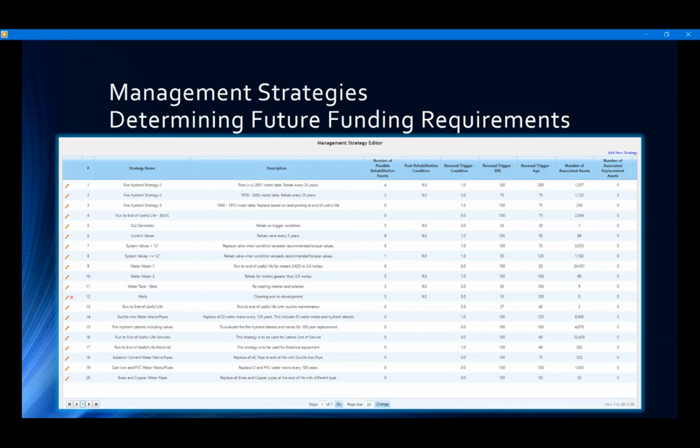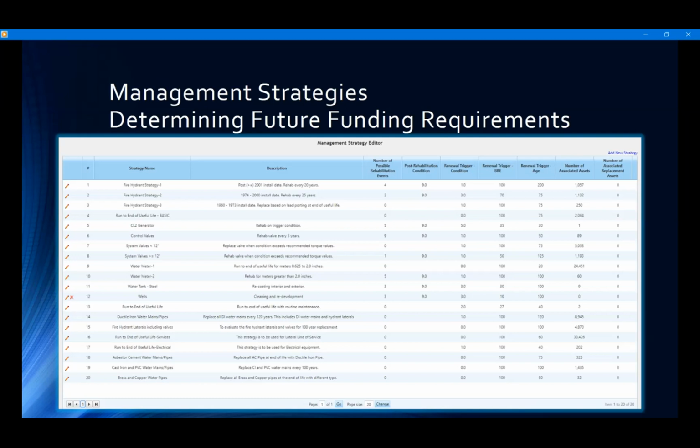And here's kind of the heart of our management strategies. We have a tool, it's called AIMS. And in AIMS, when we're looking at strategies, we have to create a management strategy for all of our assets. So some are basic, there's just maybe a single strategy, but for things like fire hydrants, if they're put in different years, we know that some have